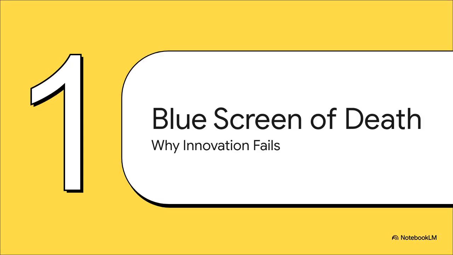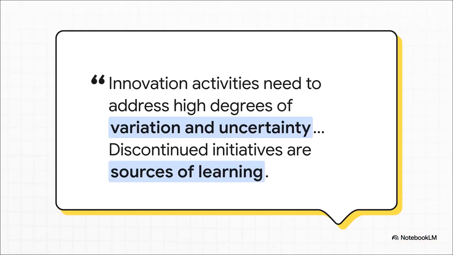All right, first up, let's take a closer look at the problem this whole system is designed to solve in the first place. Why exactly do so many unstructured innovation efforts just fail? You know, the crucial point is actually right here in the standard itself. Innovation just isn't a neat straight line like manufacturing. It's all about exploration, it's about experimentation, and it's absolutely about dealing with a massive amount of uncertainty. Any system that punishes failure instead of learning from it is just destined to crash. This standard gets that. It recognizes that those discontinued projects aren't just waste, they're data. They're incredible sources of learning.